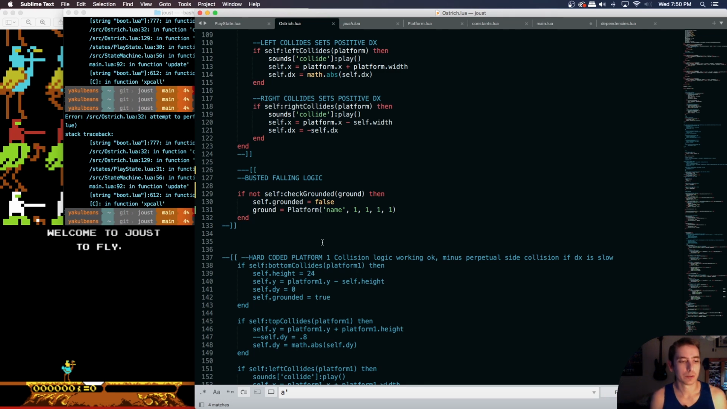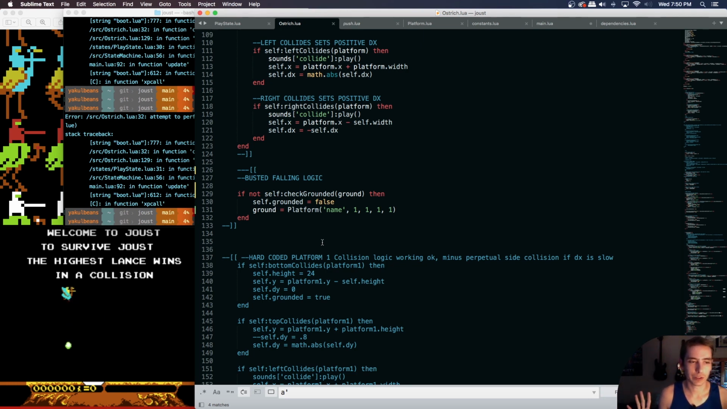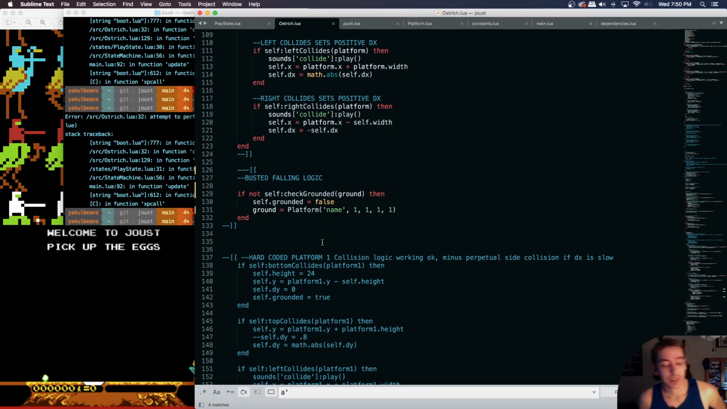But once we made that buffer, the buffer from the platforms, so that you fall off with only one foot. God, it's so hard to explain this. But yeah, it's the buffer that's screwing us up, because we had to make the buffer smaller so that the ostrich would fall